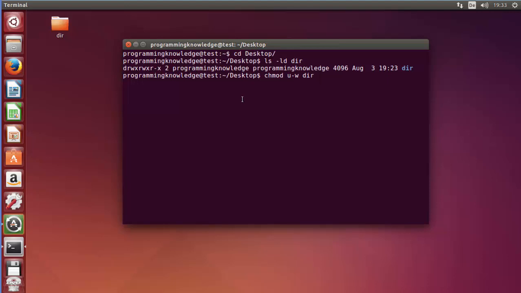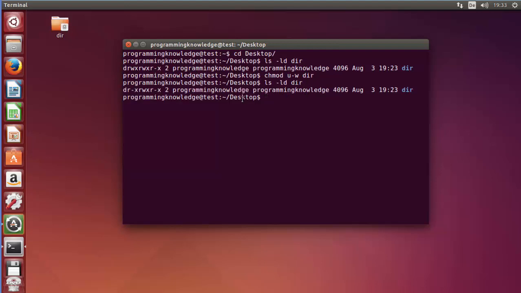Okay, so just press enter, and then I will do the long listing once again, and now we can see the user doesn't have the write permission. You can see a lock symbol appears on the directory, because it doesn't have the write permission.